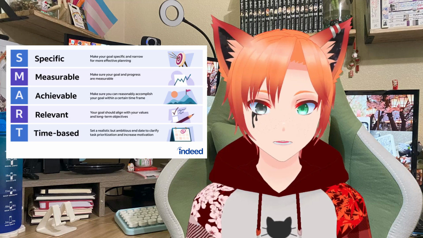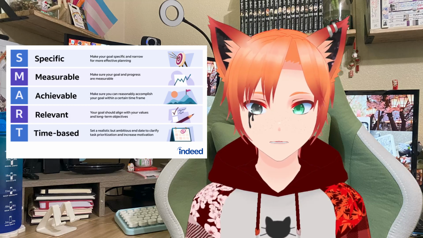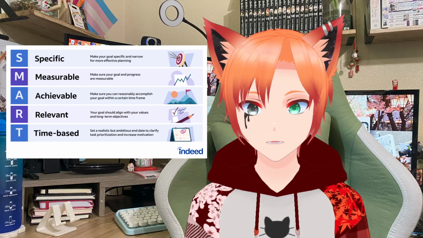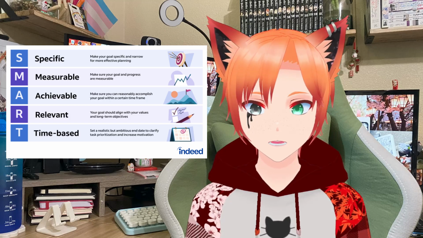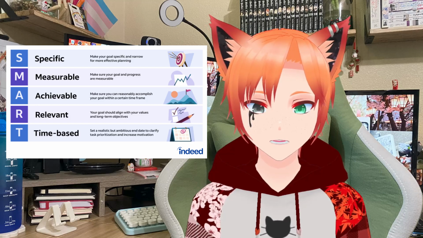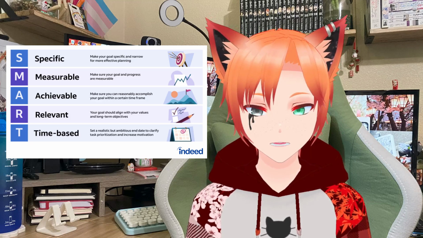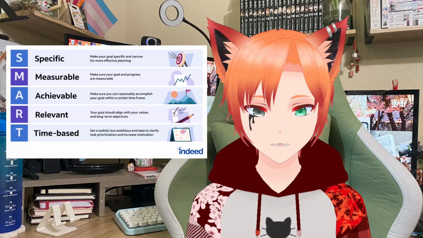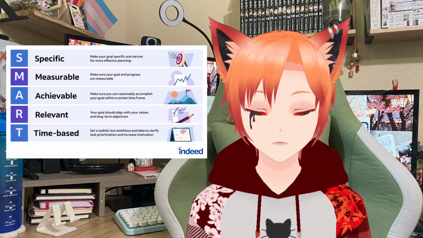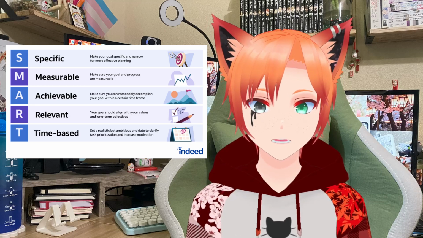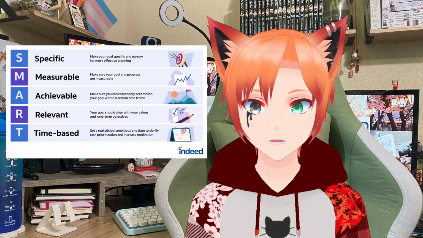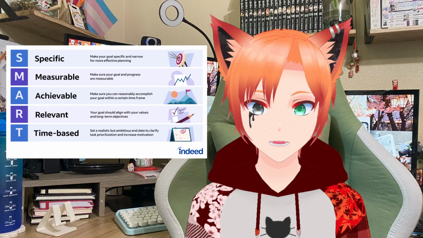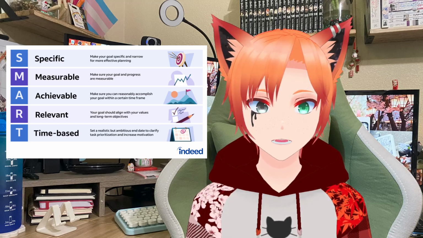Specific is pretty self-explanatory. When it comes to being measurable, it means that you have to be able to record your progress. You need a tangible way to look at it and see where you are and where you're going. When it comes to being achievable, you have to really figure out if this is actually something that you can do and if it's realistic for you to be able to meet the expectations that you have. When it comes to being relevant, that just means, does your goal align with your overall long-term goals, in this case for your writing? And then time-bound usually has to do with having a set deadline.